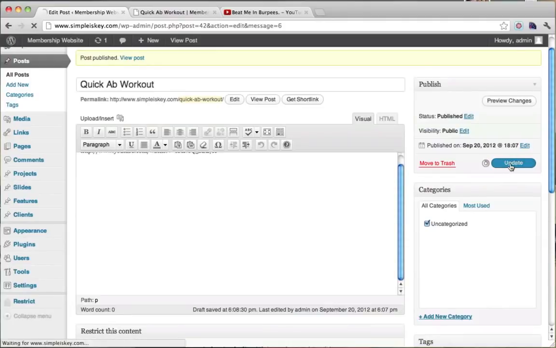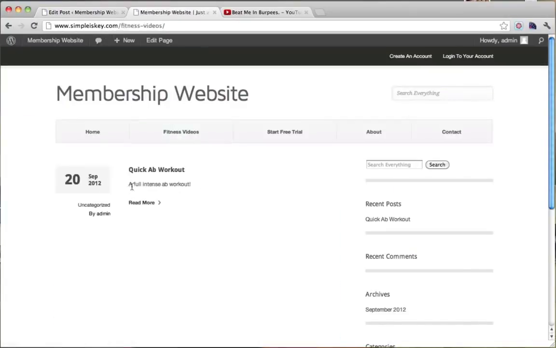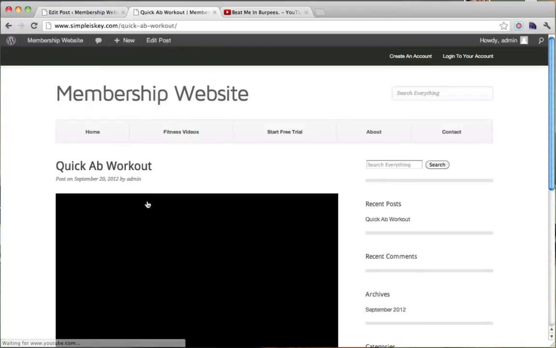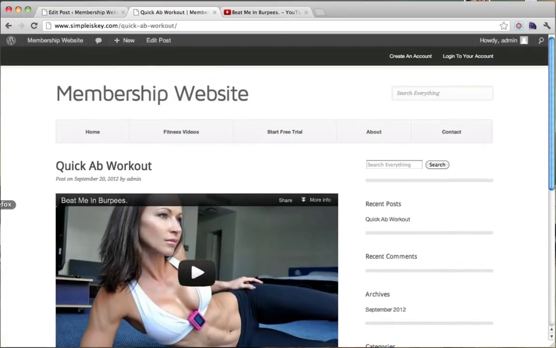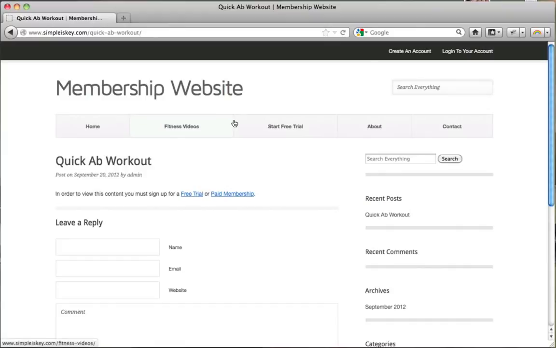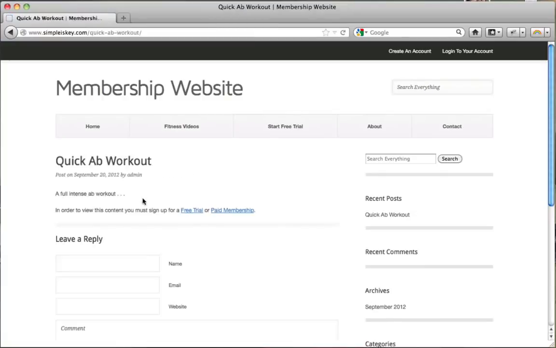So if we click update, and we go to fitness videos, we're going to see a full intense ab workout here when we're a member, but we're not going to see it here. But if we're not logged in, we will still see it here, a full intense ab workout, and we click read more, and we see a full intense ab workout,